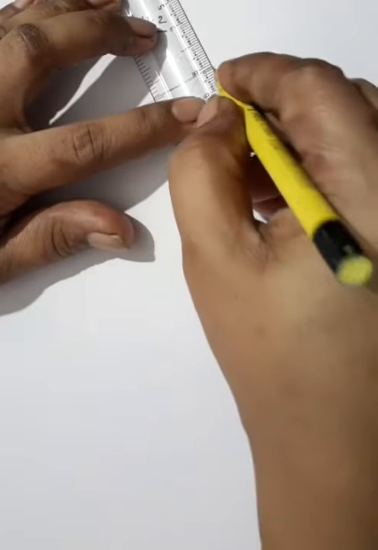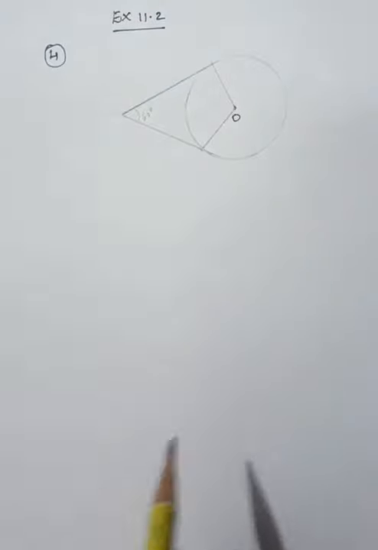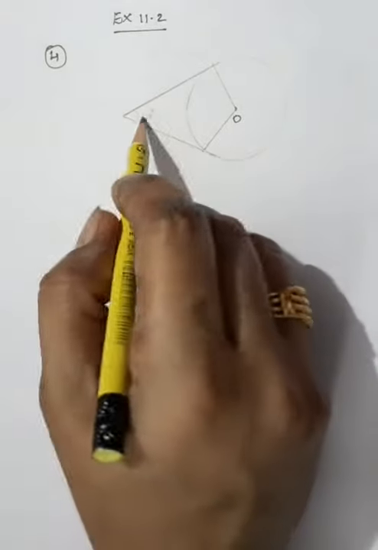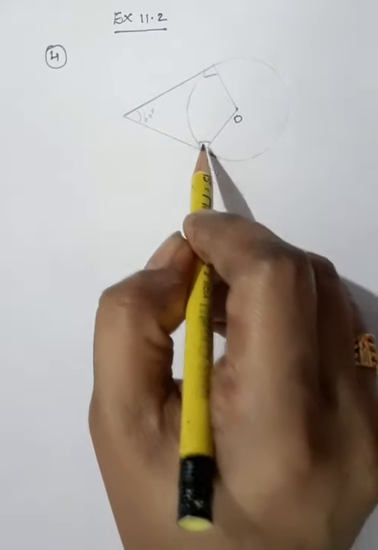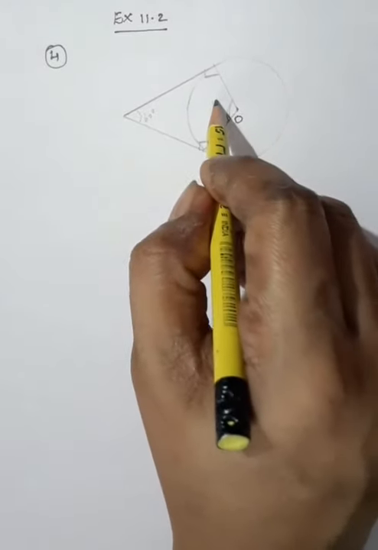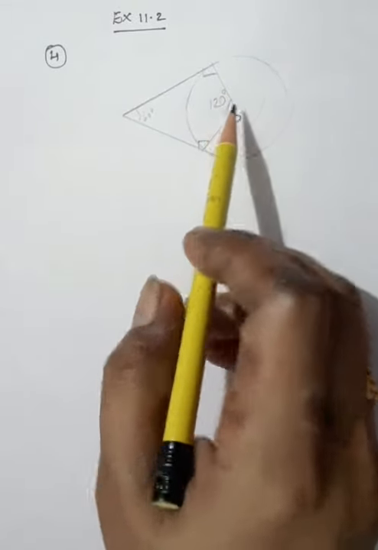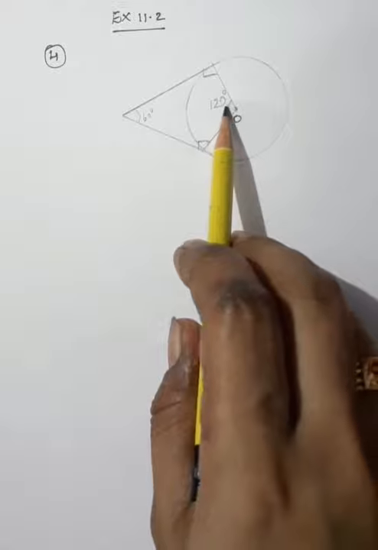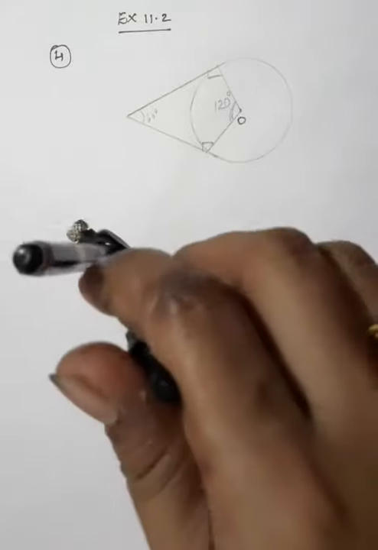So if you join this from this O, then this is the figure. If this is 60, this is 90 because radius is perpendicular to tangent. This is also 90. So 90 plus 90 plus 60 plus this number, that is 120, will reach 360 degree. This is a quadrilateral. So what we are going to do for this question is construct 120 degree at the center. First step, you have to construct the given circle. The given circle is of radius 5 centimeters. So I am going to construct first the circle of radius 5 centimeter.